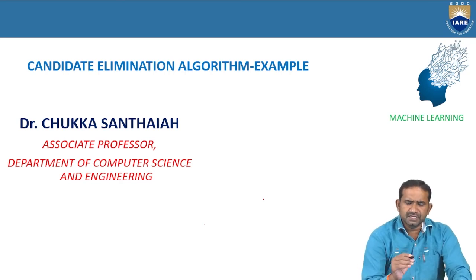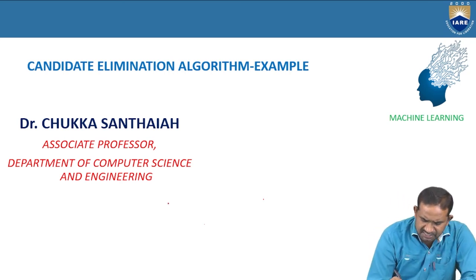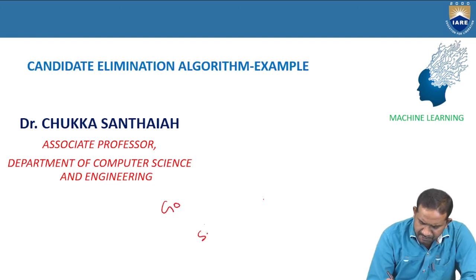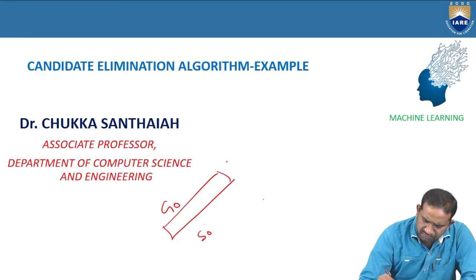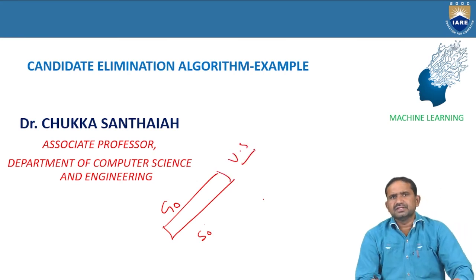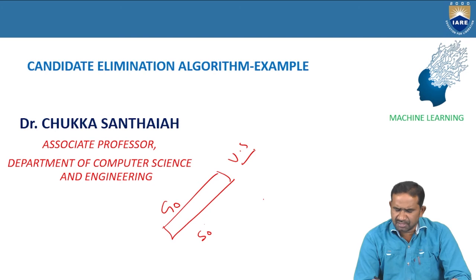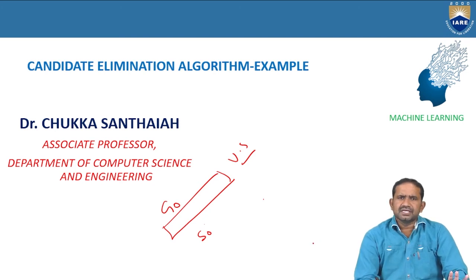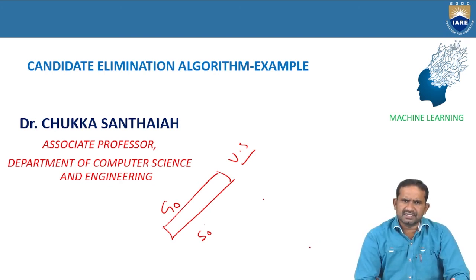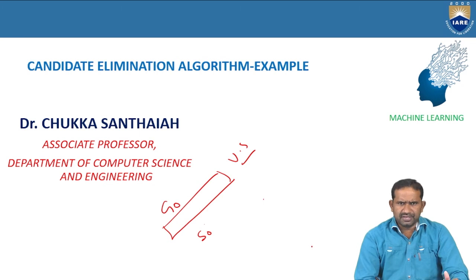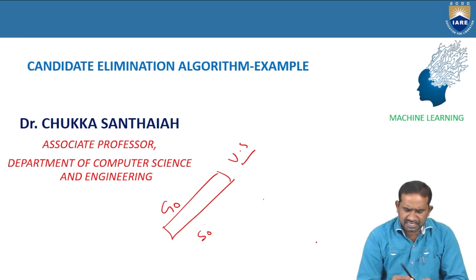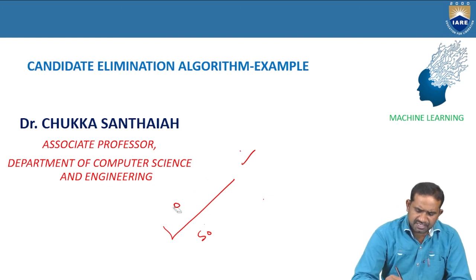But in between the generalized as well as specialized hypotheses, some hypotheses are there, and those hypotheses are called the version space hypothesis. The version space hypothesis contains some hypotheses based on hypothesis consistency or inconsistency. If the hypothesis is inconsistent, it is removed from the version space. If the hypothesis is consistent, it is kept in the version space. Finally, let me give you a conclusion about the candidate elimination algorithm.